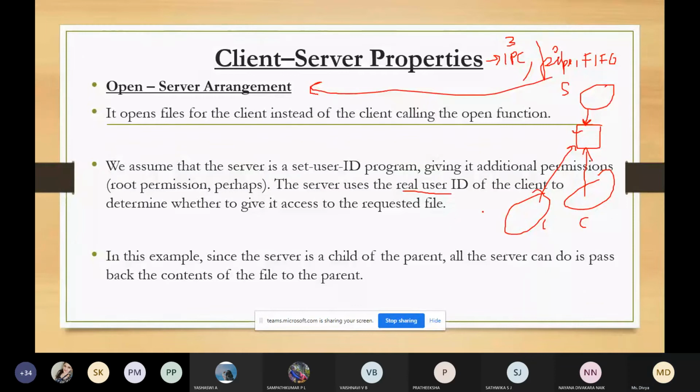Here, the server is acting as a child in this arrangement, and all the other processes act as the parent. The server is a child of a parent, and all the server can do is pass the content of the file back to the parent.